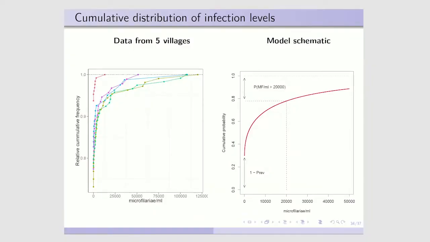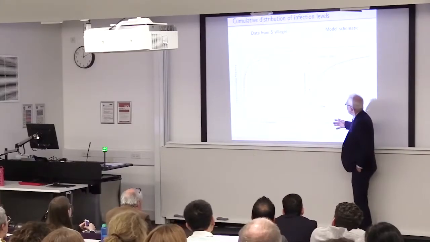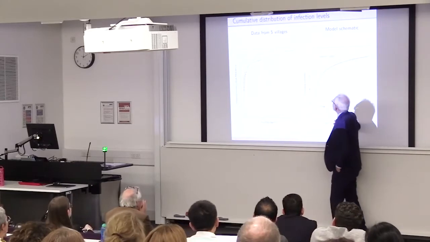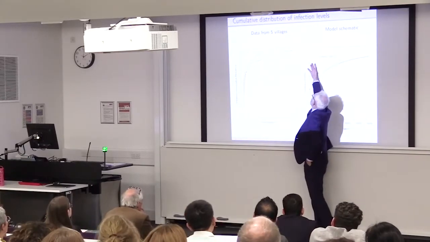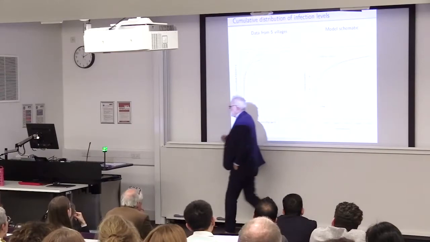And happily, the one that has very low prevalence, mostly zeros, also has a very short tail, and it can kind of convince you that you've got a parametric model in which there's a correlation between how heavily infected people are in a community, on average, and what proportion of them are infected. So what that means is that you can actually use binary data to predict the proportion of people who are